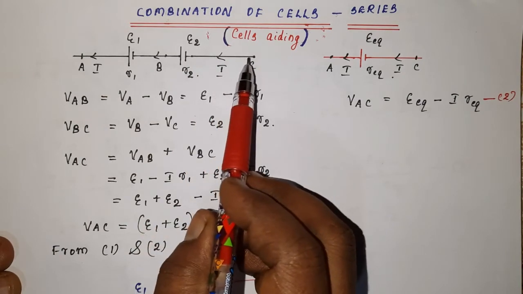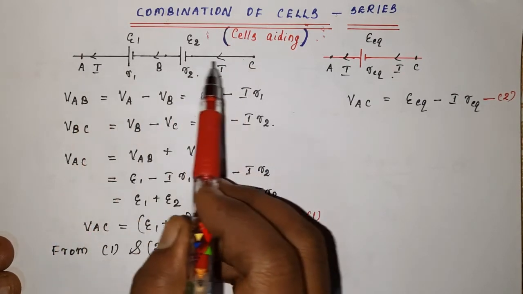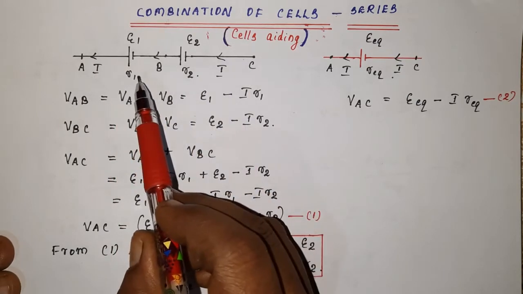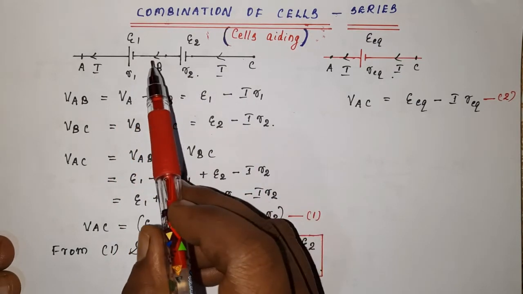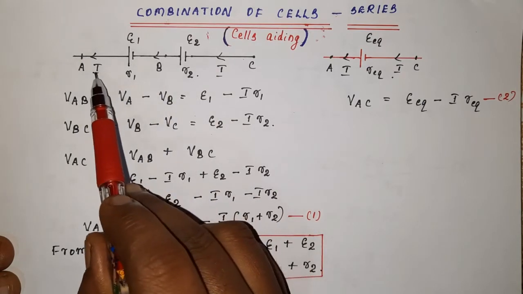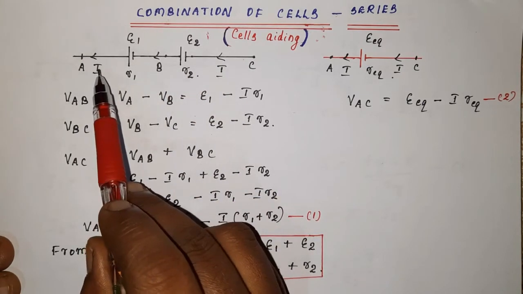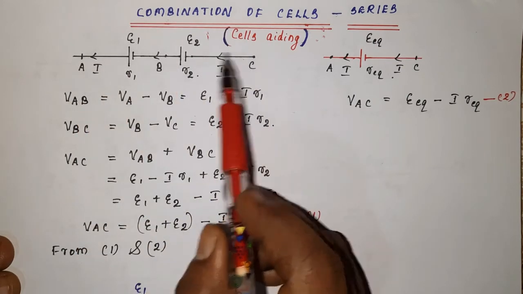Now the current sent by the cell. Since they are connected in series, the same current will be flowing through the two cells. That means the system will be sending a current I, that same current I. Now the points I have marked,